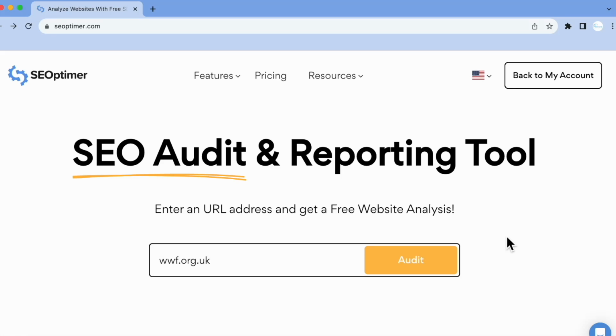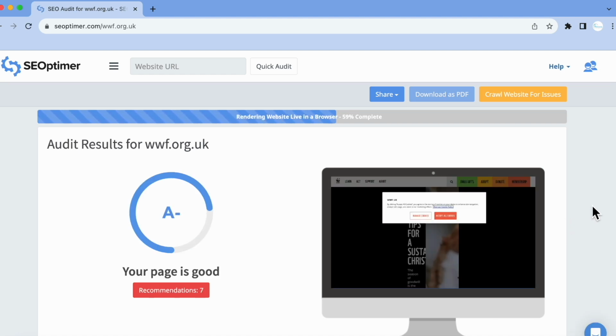Okay, we're going to run the report again, again using SEO Optima, mainly just because I love this one because it's easy to understand. And we're going to go again for a charity, wwf.org.uk. And I'm doing this, and I will do it with another website, so you can start to make comparisons